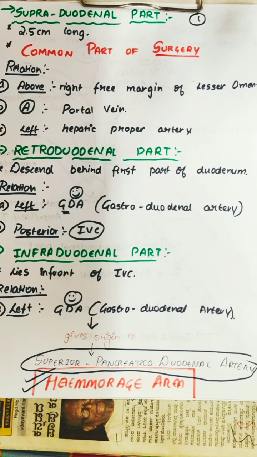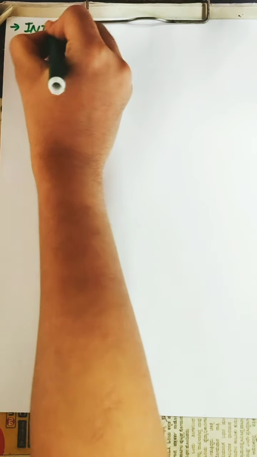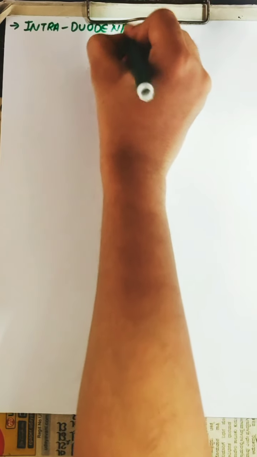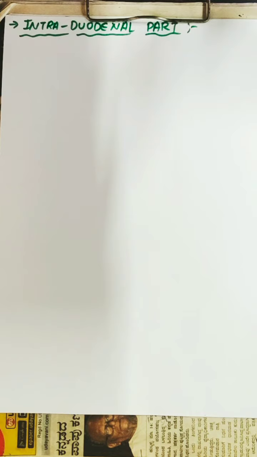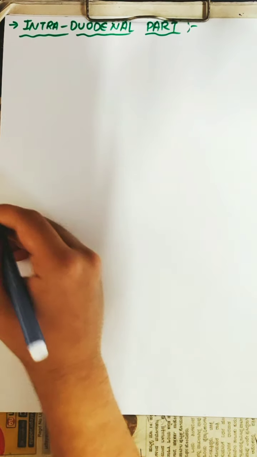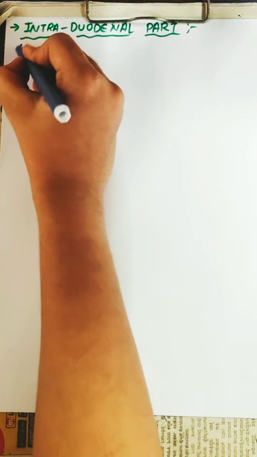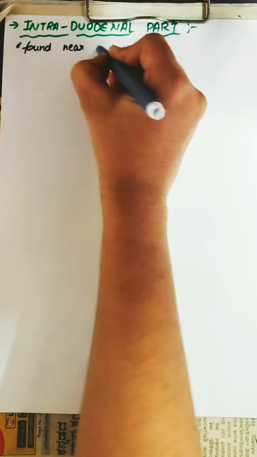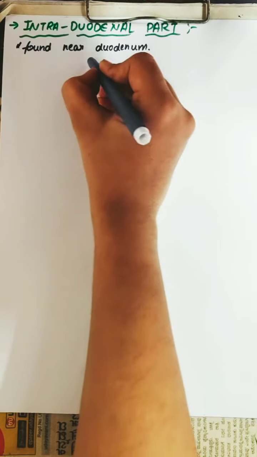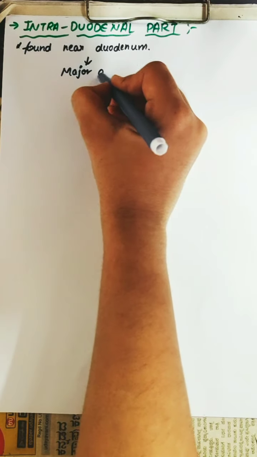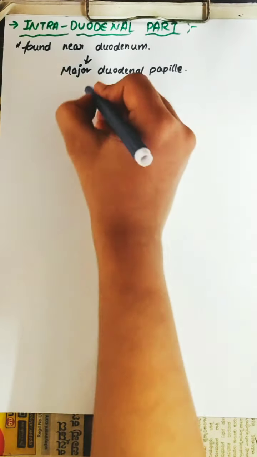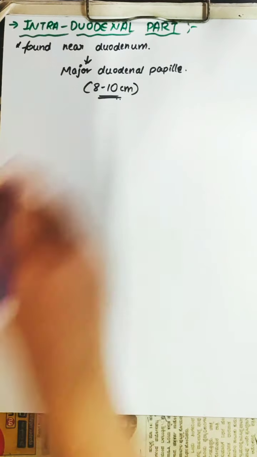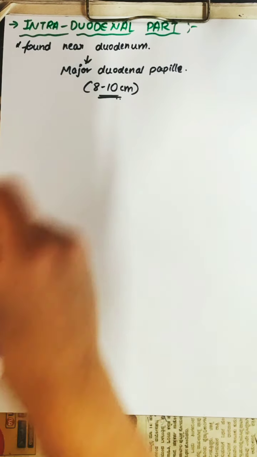So now the last part is the intraduodenal part. The intraduodenal part is found near the duodenum, and it has some structures called the major duodenal papillae, which is around 8 to 10 centimeters in length. And there is a structure, remember that is